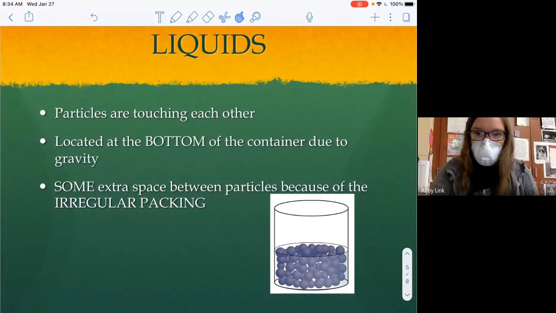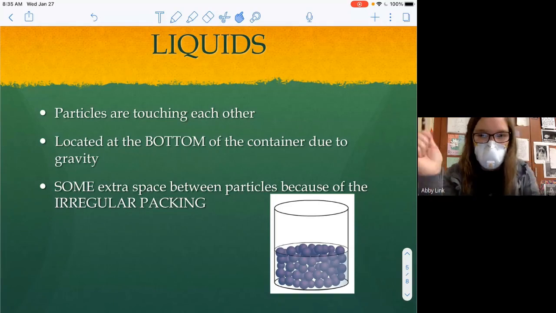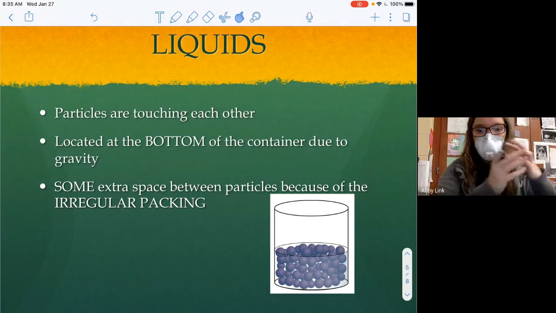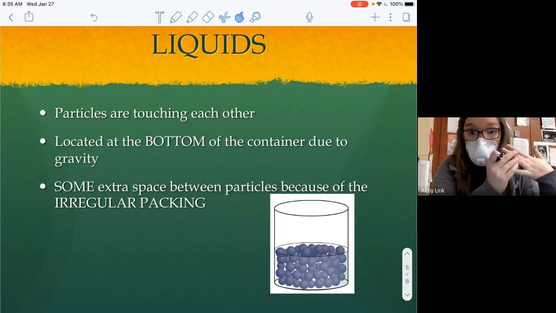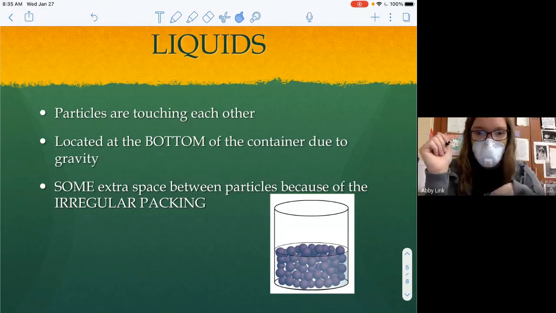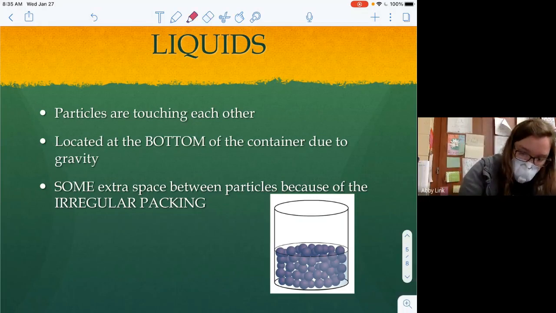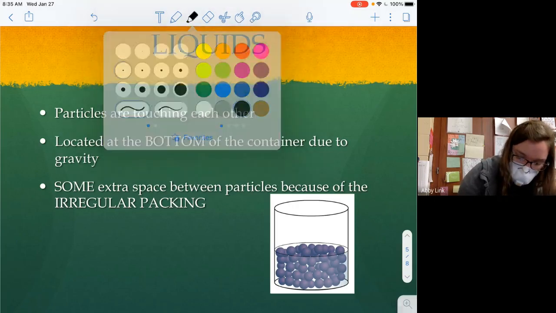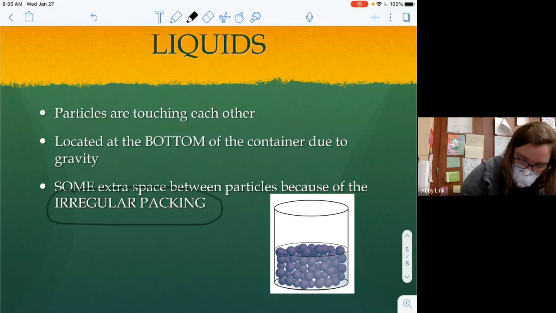Okay, so let's move into liquids, and let's see if we can compare and contrast liquids and solids while we learn about these characteristics of liquids, okay? So particles are touching each other, okay? So I think that that's a similarity between liquids and solids. Located at the bottom of the container due to gravity, that's definitely another similarity, okay? Some extra space between particles because of the irregular packing. So right off the bat, I think this color might work here, yes. So irregular packing, this is definitely a difference